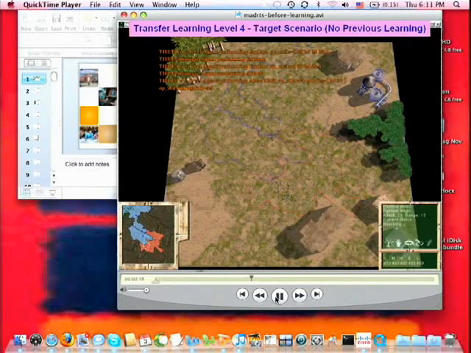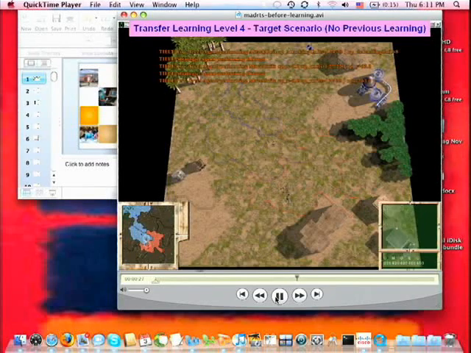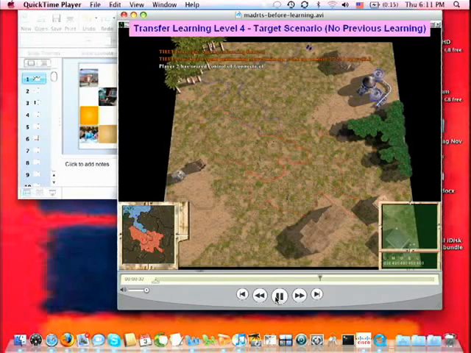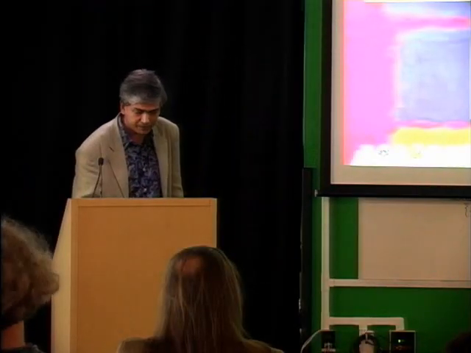So the blue is a game AI system playing prior to any kind of learning going on. And in this case, the red strategy, which is a human player, overwhelms the blue and wins the game in a few more seconds. So that's an example of Wargus or another type of game, a Battlefield 2 type game. And we're doing a bunch of work in my group with games like this, looking at how game AI systems can not just play these games, but learn how to play these games better by learning strategy.